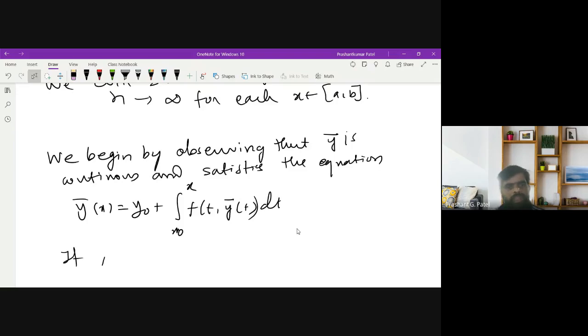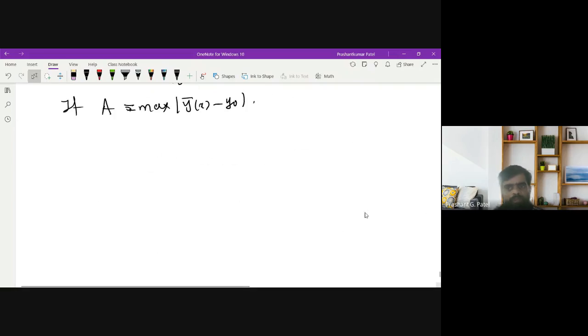If A is the maximum of mod of y bar of x minus y0, where y0 is a fixed point, then for x in this interval x0 to b,